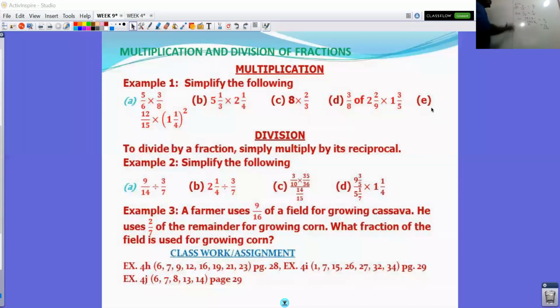So what we now need to do is to multiply the numerators as usual. 9 times 7 over, then you multiply the denominators, 14 times 3. So here, you can now